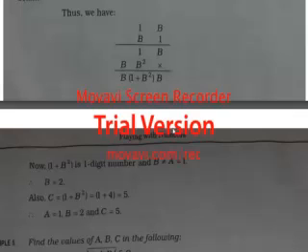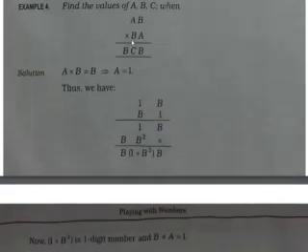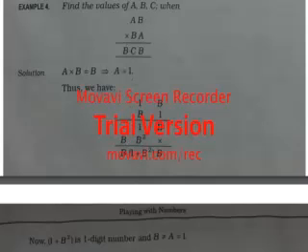Now why has it been said that B square plus 1 should not be a single-digit number? Are you thinking that? If you are thinking that, then why 1 plus B square can't be a two-digit number, then you are thinking right. I will explain to you why B square plus 1 should not be a two-digit number, because here it has been given B only. If it becomes a two-digit number, then this will not become B, this will become B plus 1. Okay, are you getting it? So this will not become B.